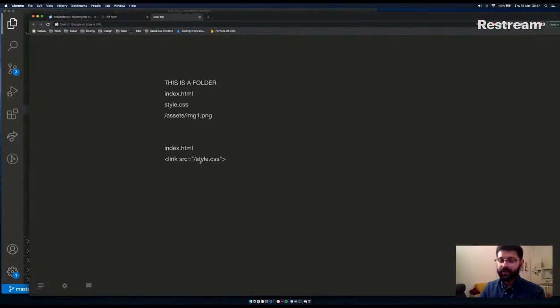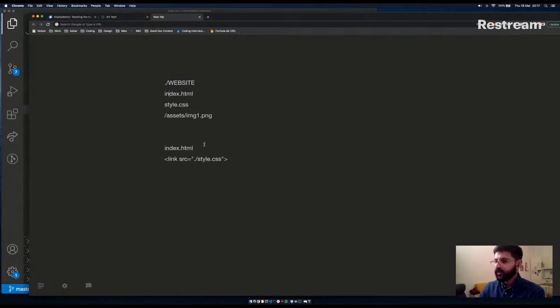So that's how it might have been before, and you put the dot here. And what the dot says is, okay, I'm starting in this folder. So if this folder was called website, when it comes to trying to find the file, it's saying, okay, start inside website. In fact, if anything, it's the dot with the slash. The dot with the slash is saying, okay, start here, and then